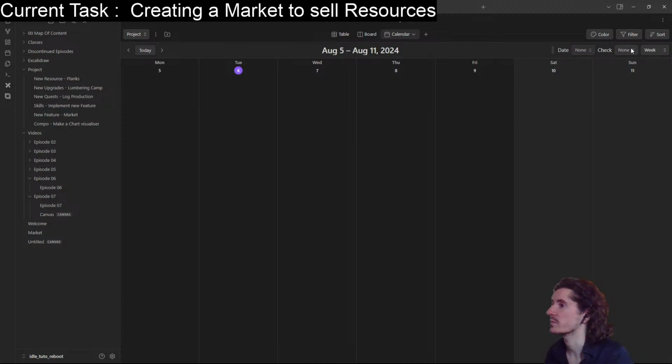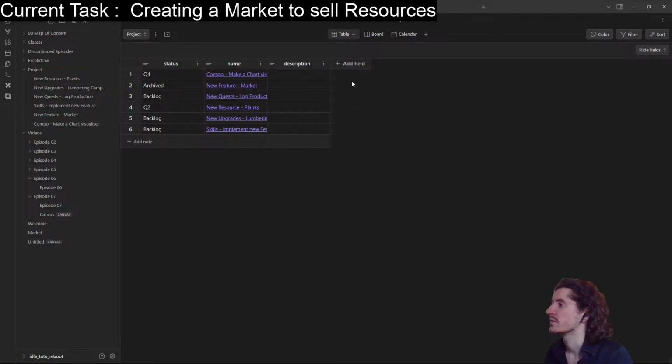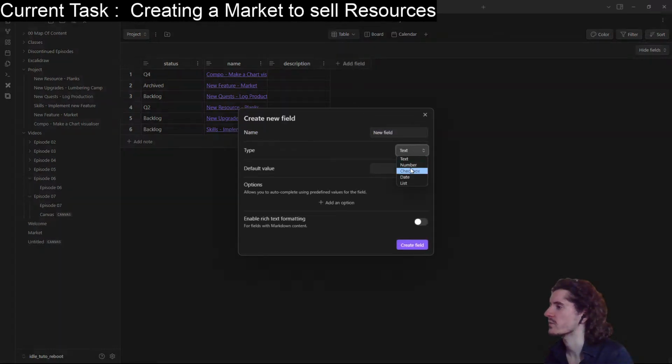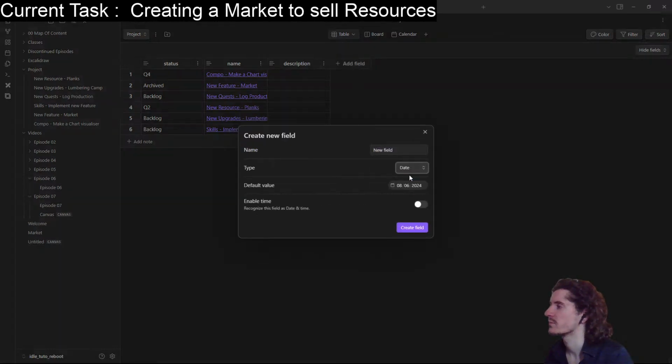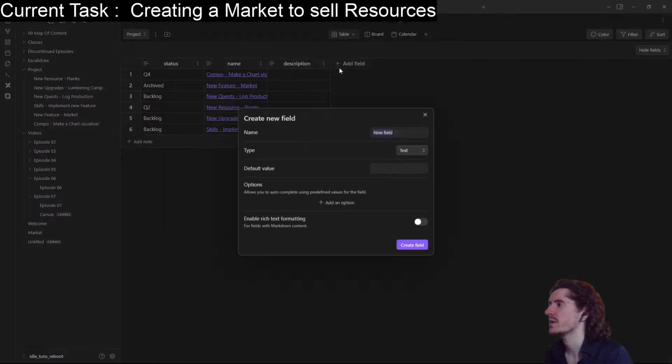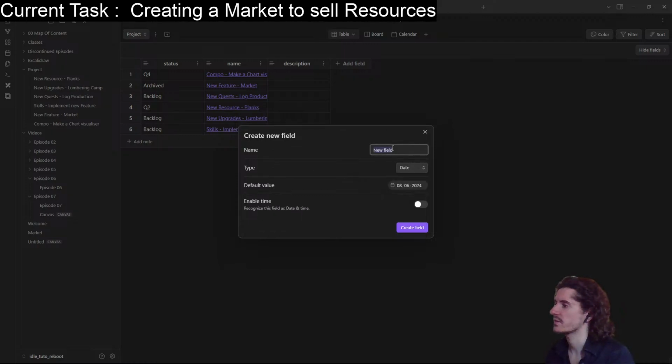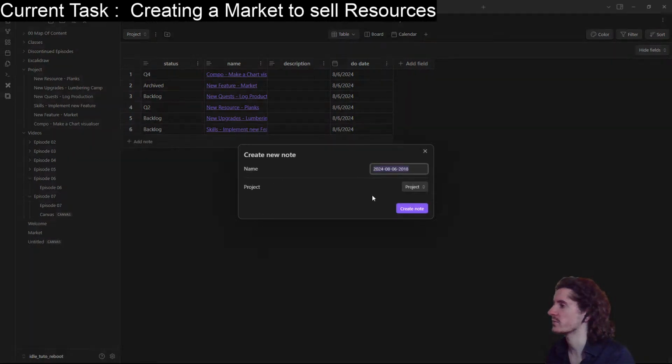Date. Check quick. Select the date field to create a calendar. But I don't know why I have to. Or maybe if I have this date, a due date, okay, and if you create a new note,